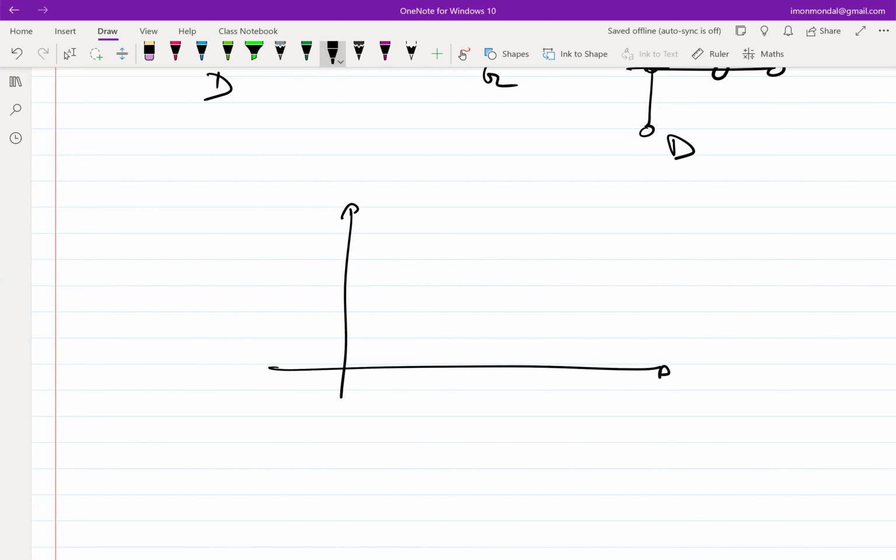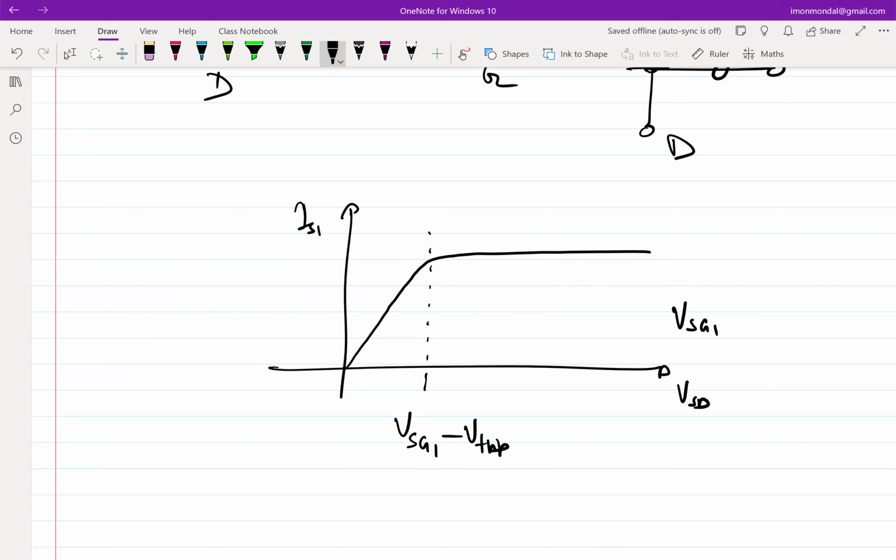For one particular value of VSG, I got this plot where this point is VSG1 minus threshold voltage. Now let's say I increased VSG, from VSG1 to VSG2. What will this plot look like now? Intuitively,